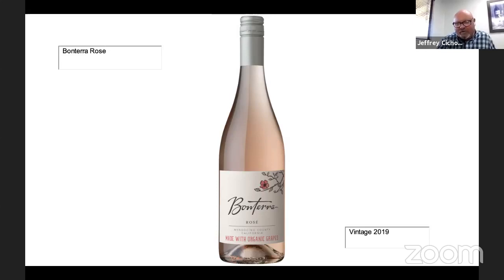Because another way you can make rosé is you have a red program, and then you drain off a bit of your red juice and make rosé from it, and the remainder stays in there making a red wine. We don't do that for this program because it's